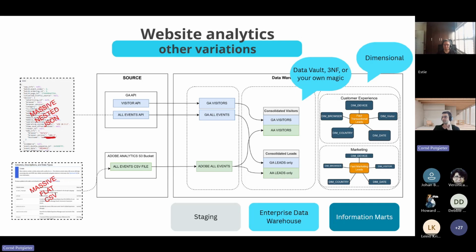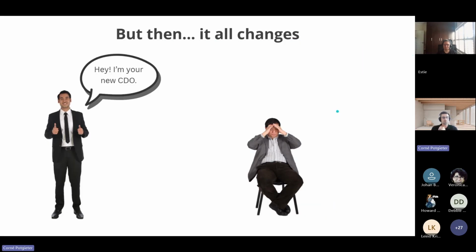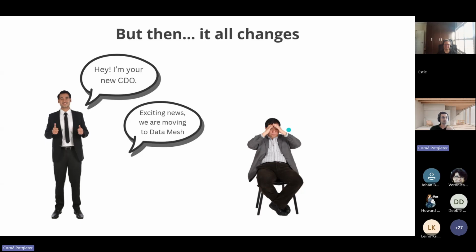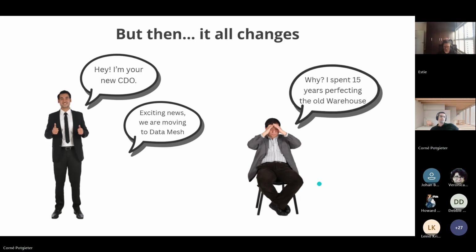Okay, so what I want to get to is more what next. So what often happens, and I make a bit of a joke about this, but it's actually what I also see: there's some managerial changes. You've been building your data warehouse. It's working beautifully. There's some management changes, and they're saying they're moving to data mesh. Why are we moving to data mesh? Well, maybe the CDO got cornered by some vendors at a data conference, and they persuaded the CDO that data mesh is the way to go. And your entire team now has to go through quite a bit of change management to adhere to this.